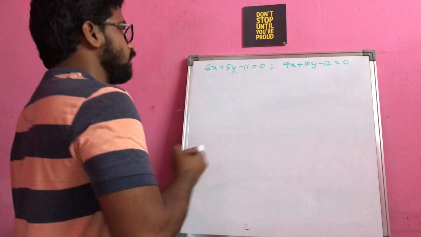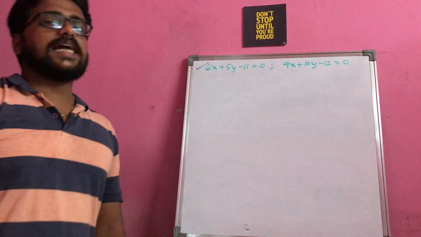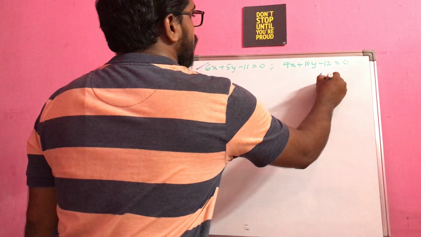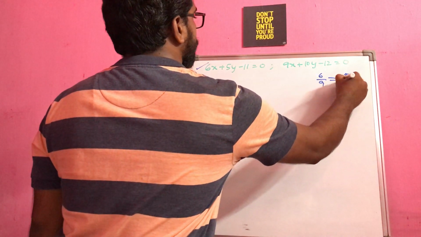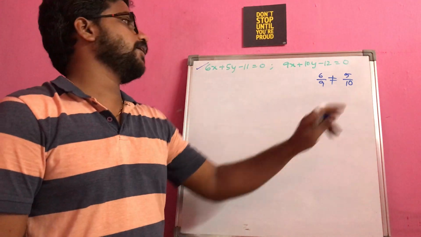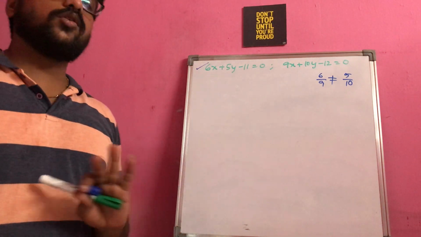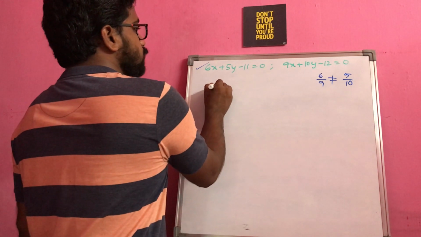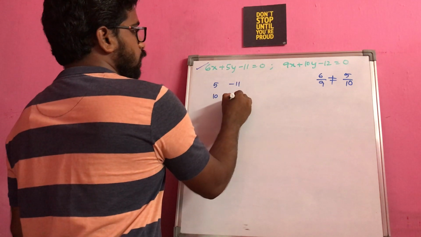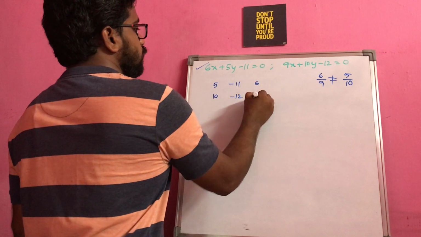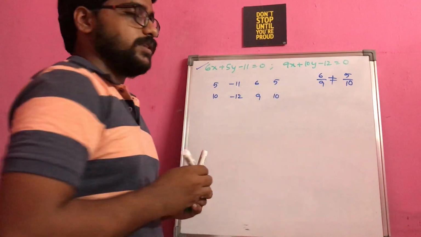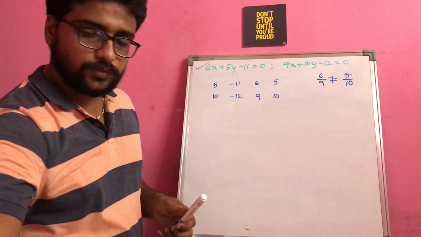So again, first check whether they are in the standard form or not. Yes, they are in standard form. Second thing, check this condition, whether the ratio is equal or not. 6 by 9 is not equal to 5 by 10 because 6 by 9 is 2 by 3, 5 by 10 is 1 by 2, they are not equal. So you can go with our procedure. First, y coefficients. Second, my constants, and then x coefficients, again y coefficients. Okay. So again do this way.